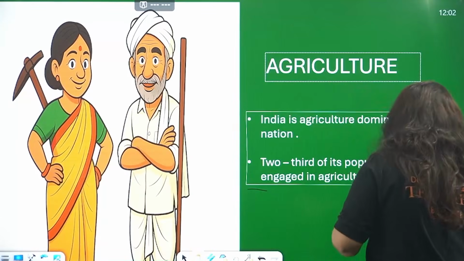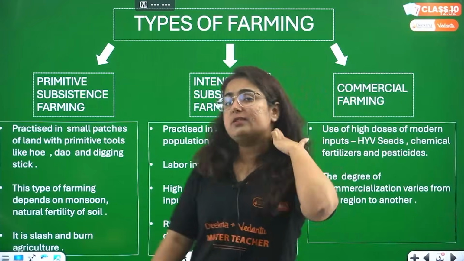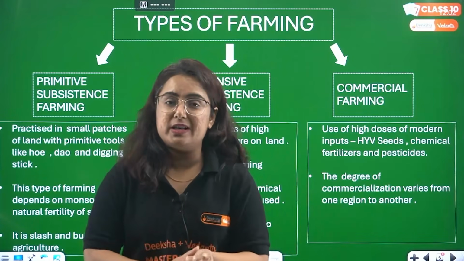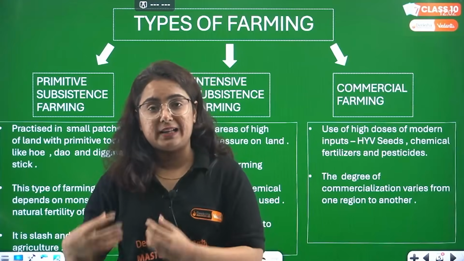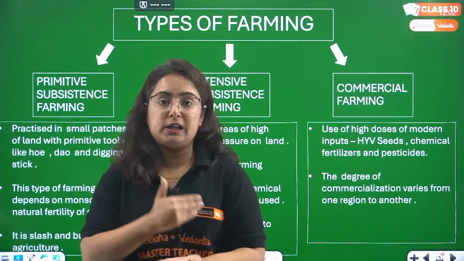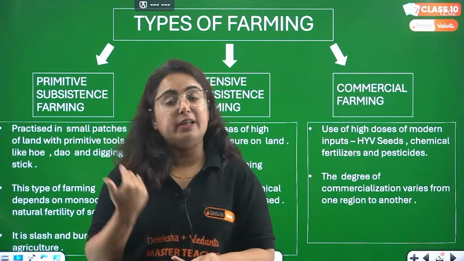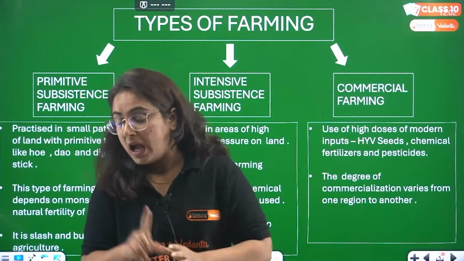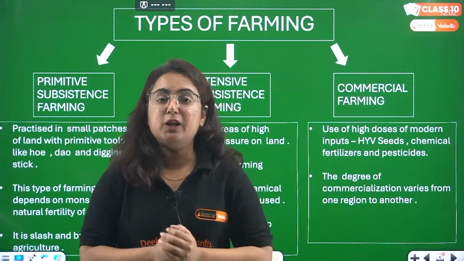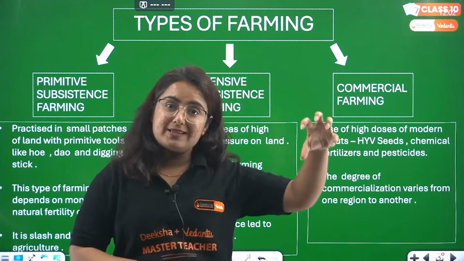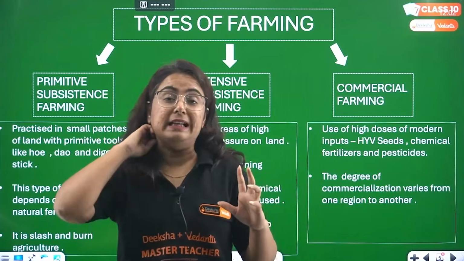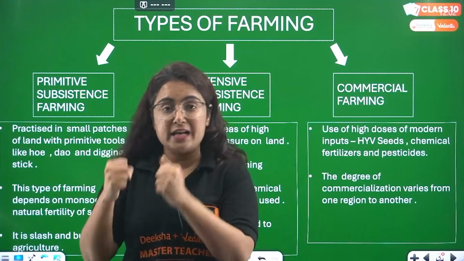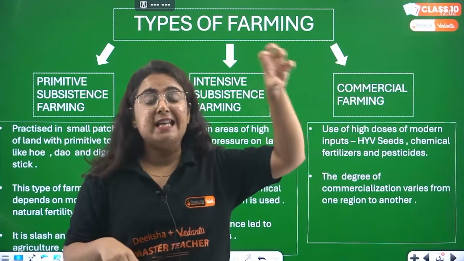Okay, by the way, beta, as I was telling you, it was a long time ago when humans learned about agriculture, but for obvious reasons, the way we are doing agriculture now, the technological accessibility as well as the development we have now was not there in the previous time. First is that. One more thing, when you were in class 8, you learned one topic, that is USA agriculture distinguished from India's agriculture, and you got to know, beta, that India's is labor intensive, however there it is capital intensive.